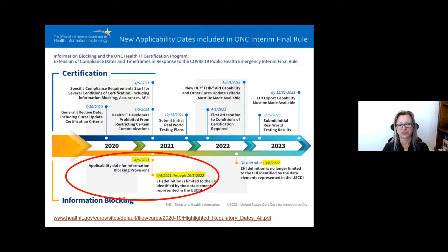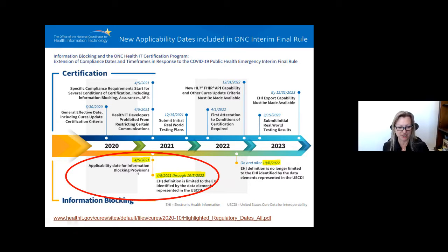The federal government is really looking with some emphasis on patients getting access to and being able to control their own information as definitely a focus area, but also to prevent and eliminate some of that negative competition that has resulted in some vendors and some organizations resisting sharing information for reasons that are, in the government's view, not conducive to things that promote healthcare quality.